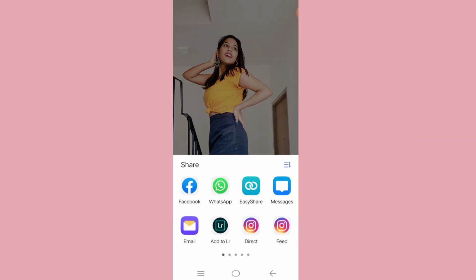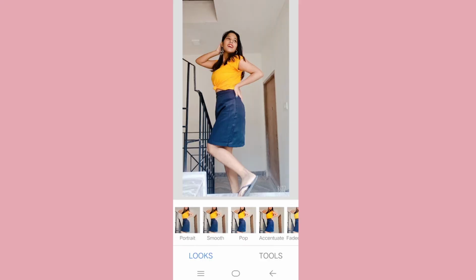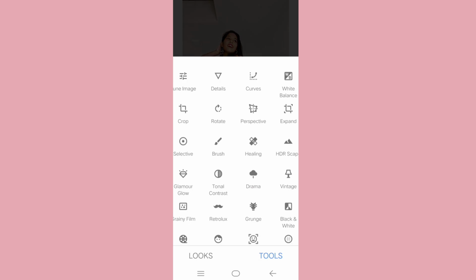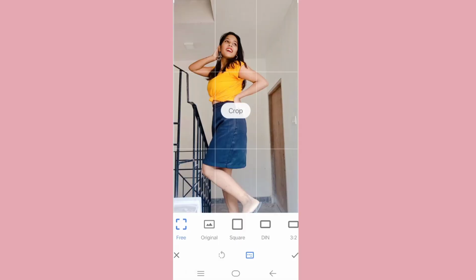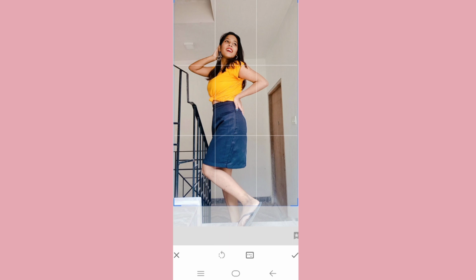So basically for my editing I use three apps: Lightroom, Snapseed and PicsArt. I'm taking this picture and using Snapseed first. Then I'm using healing, and I'm going to heal all those parts which I don't want in my picture, and then crop some part.